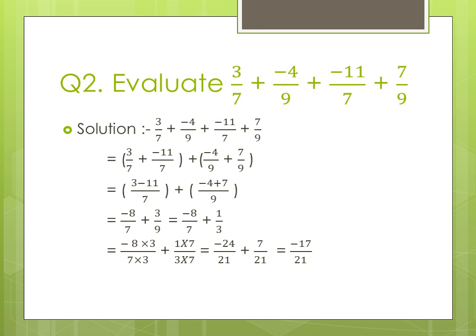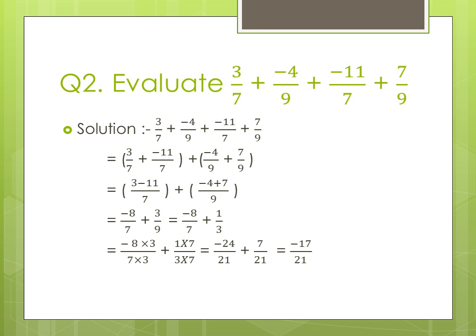First we will reduce it to the simplest form. So 3 and 9, 3 is common between them, so we can divide each number by 3, so we got 1 by 3. Now 7 by 3, if you see, the LCM of 7 and 3 is 21, so we have to make both of the quantities as 21. So to make 7 as 21, we have to multiply it by 3, so numerator also will be multiplied by 3. Same way for this 3 to make it 21, we have to multiply it by 7, so numerator also has to be multiplied by 7.